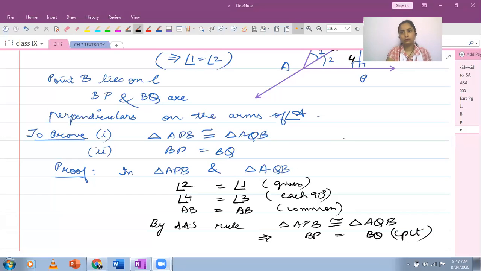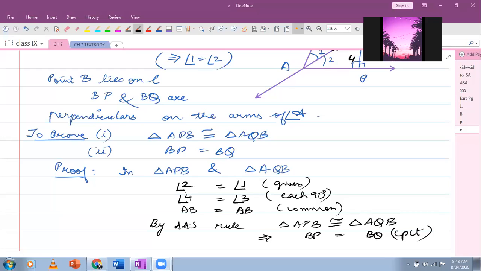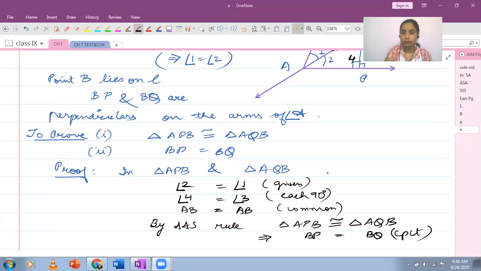Anyone with any questions here? Excuse me, ma'am. Yes. Ma'am, while proving the congruence, the naming is important. But if we swap, like triangle AQB is congruent to triangle APB, will it be wrong? No. No. You can write down these pairs in the opposite way. I have written APB first, so I wrote the parts of APB first. You can change the order, it will be completely fine. Now write AQB first, it will be completely correct.